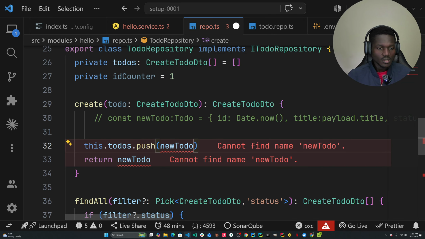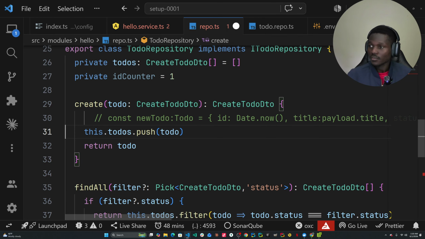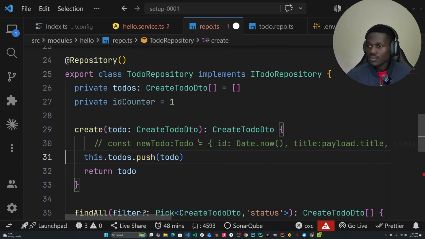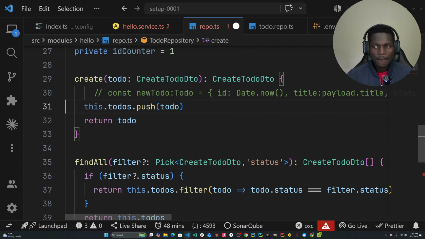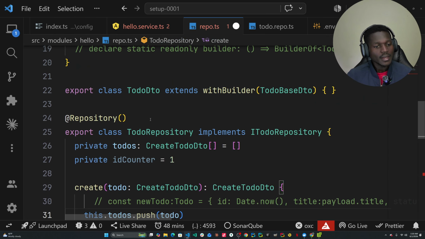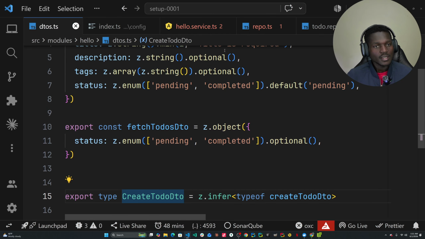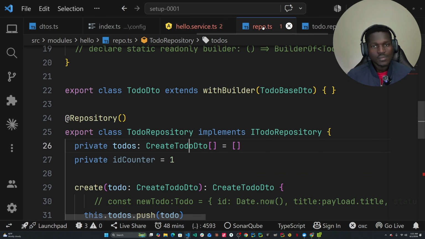So this should be to do. Just return the to-do that we have created. Then what next here? We need to find all the to-dos where the ID. So this dot to-dos looks like the to-dos we are having here. Okay, I see. So our repo,